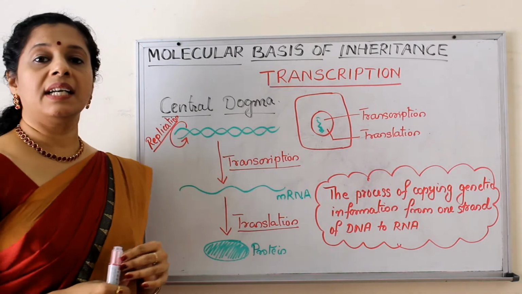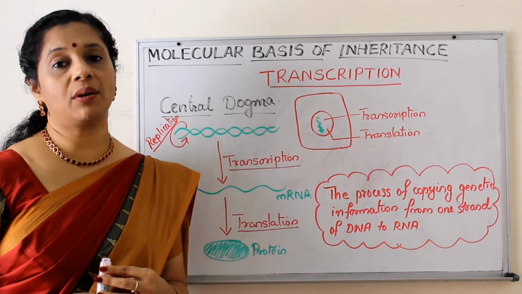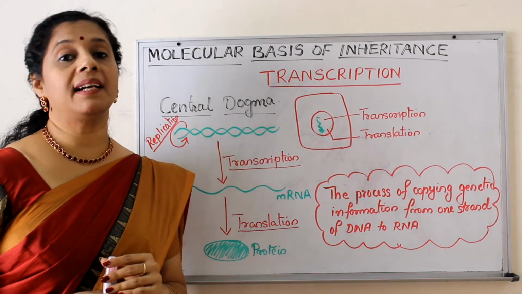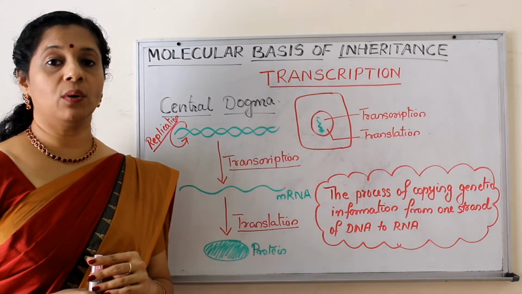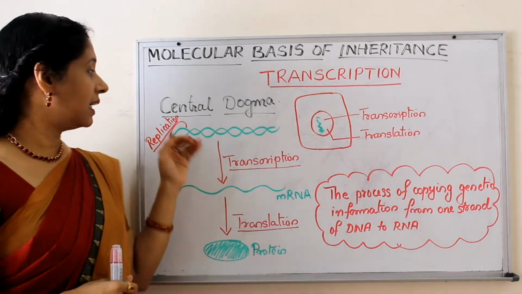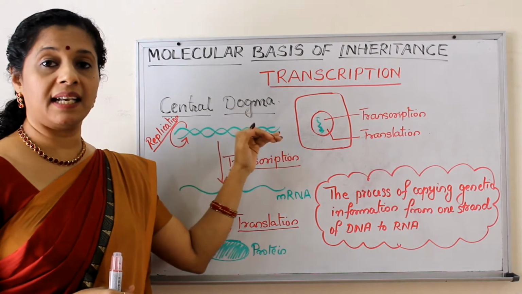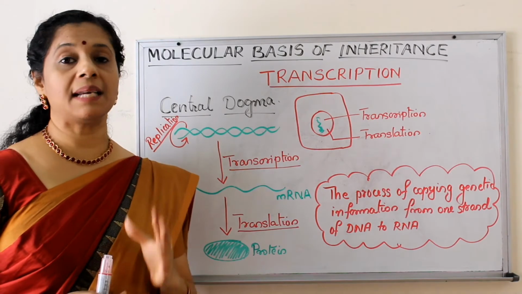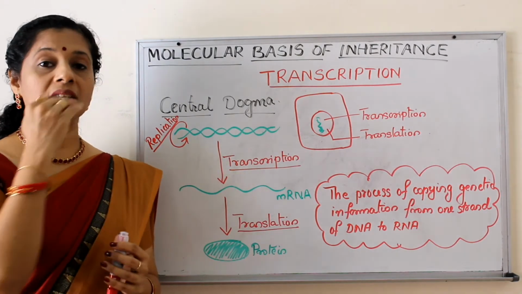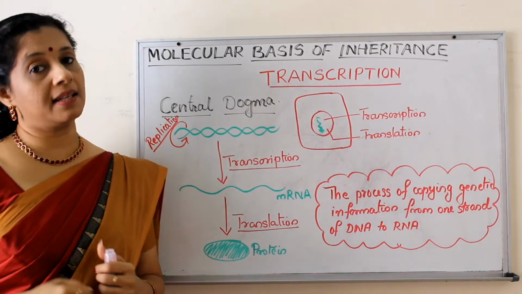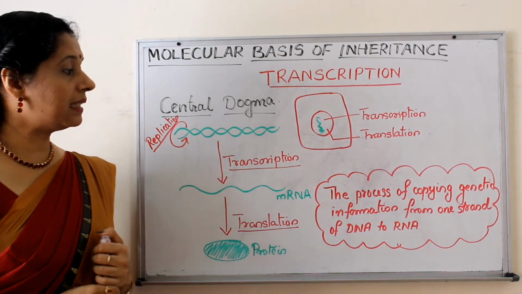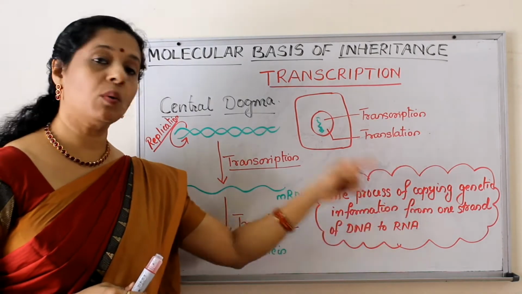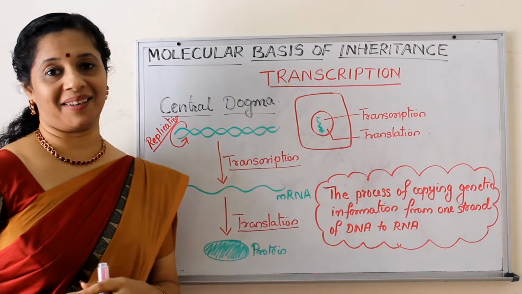So, here also it has certain similarity with our DNA replication, like the principle of complementarity is governing the process. We know when a new DNA is forming, it makes use of the already present DNA to make the copy. Exactly like that, in RNA also the same thing happens. That is, based on the information on DNA, RNA is forming. So, if you look at the definition, it is the process of copying genetic information from one strand of DNA to RNA.